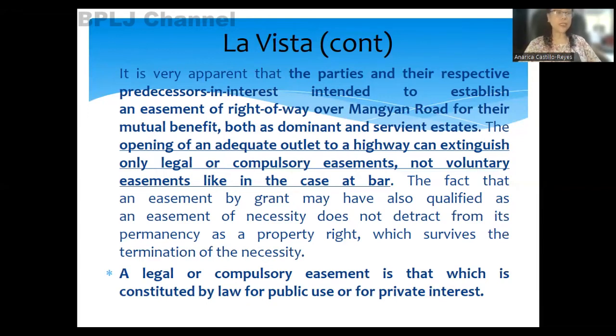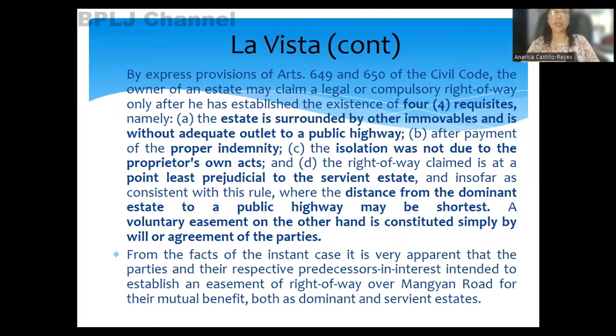And even if it is legal or compulsory, there is still a need to go to court in order to close the easement if the owner of the dominant estate does not want it to be closed. Okay? A legal or compulsory easement is that which is constituted by law for public use or for private interest. In this case also of La Vista, it discussed that a legal easement can be granted if